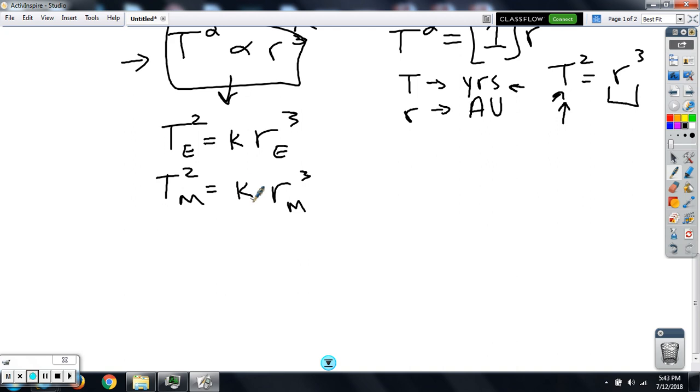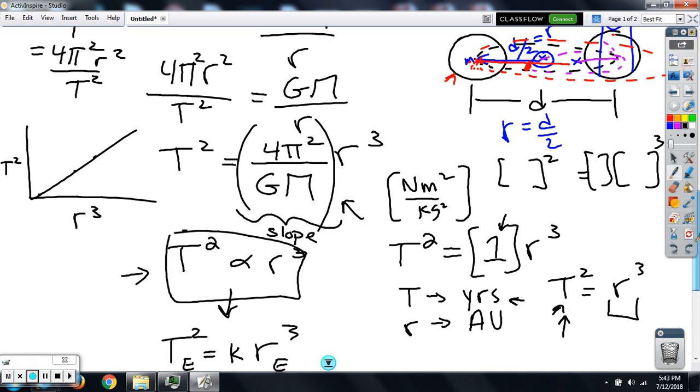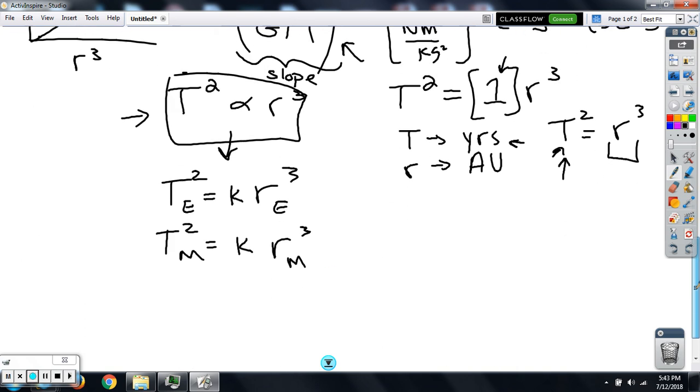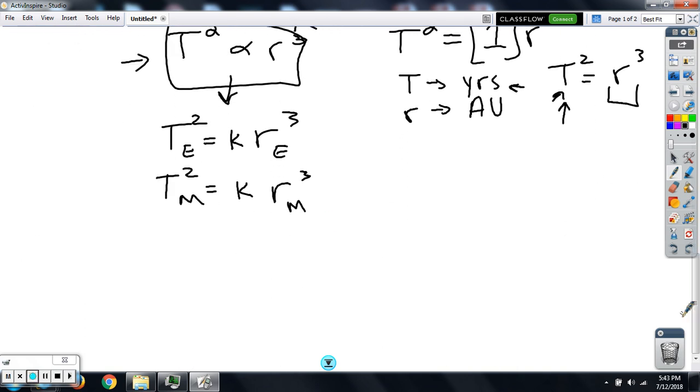Now we know k is related. It is 4 pi squared over GM, but whatever that number is depends on the units that were used to calculate that value. So it could be in kilograms, it could be in meters, it could be in seconds, it could be in years, astronomical units, it could be whatever. But by dividing these two expressions,